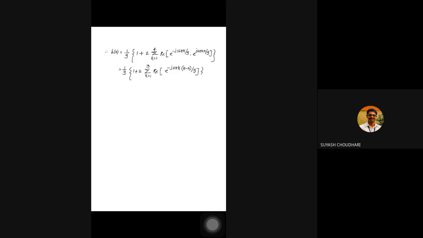Yes or no? Yes, sir. So it is equal to 1 by 9, 1 plus 2 summation k is equal to 1 to 3. So e raised to minus j theta is nothing but cos theta minus j sin theta. What is theta? Theta is 2 pi k (8 minus n) by 9,